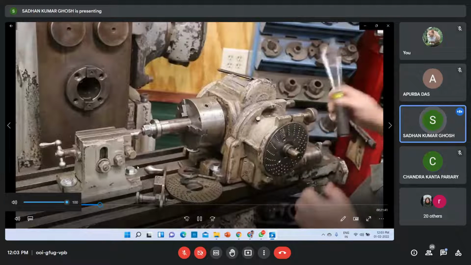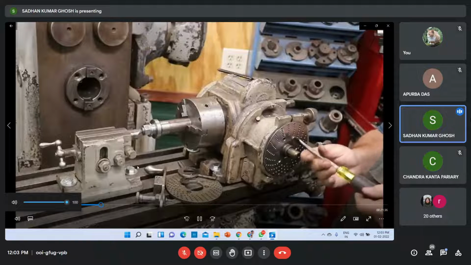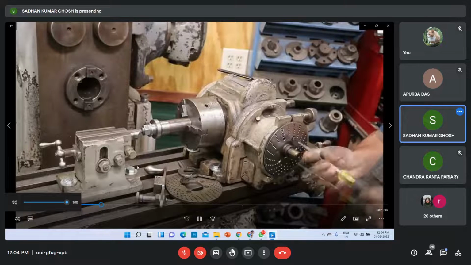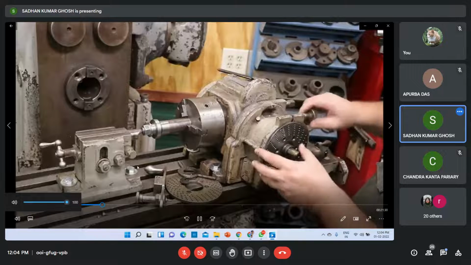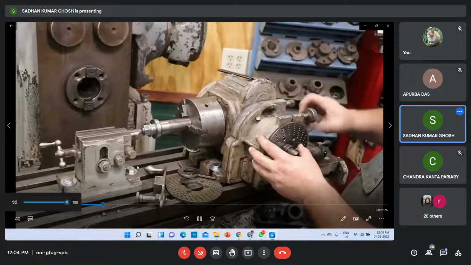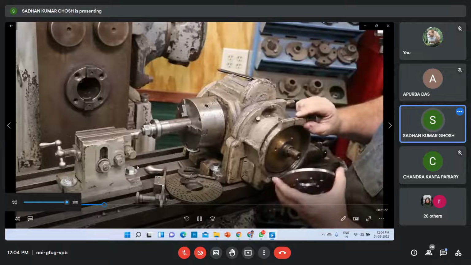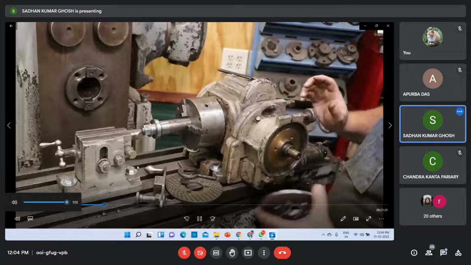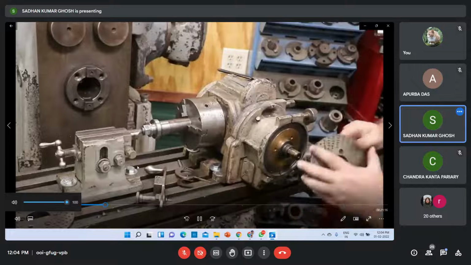And then we'll remove the screws on this plate. And now we can knock this one out. There it comes. Set that one aside.